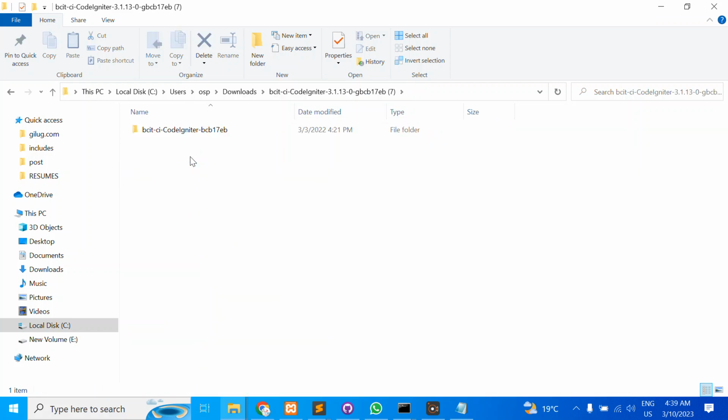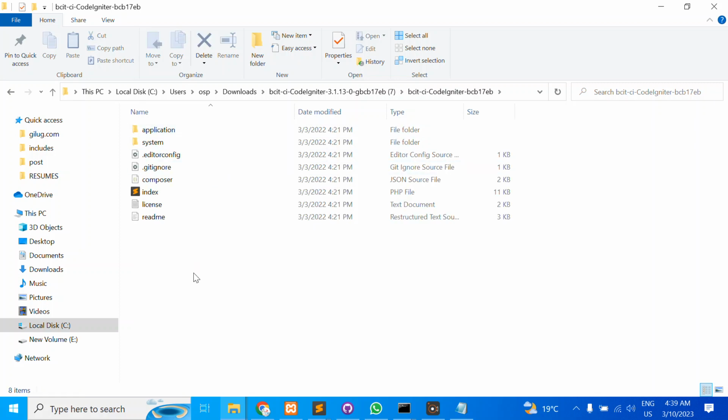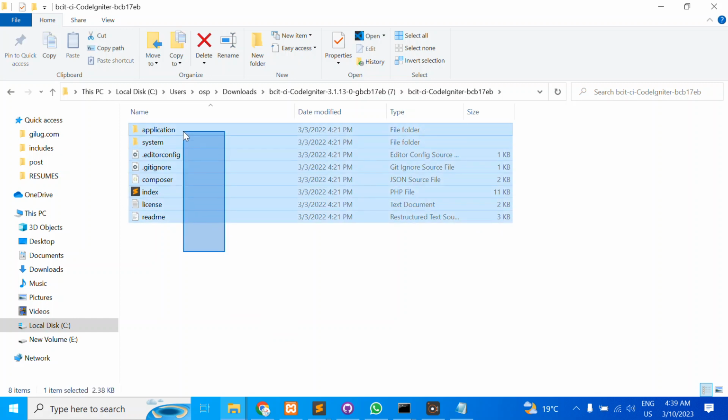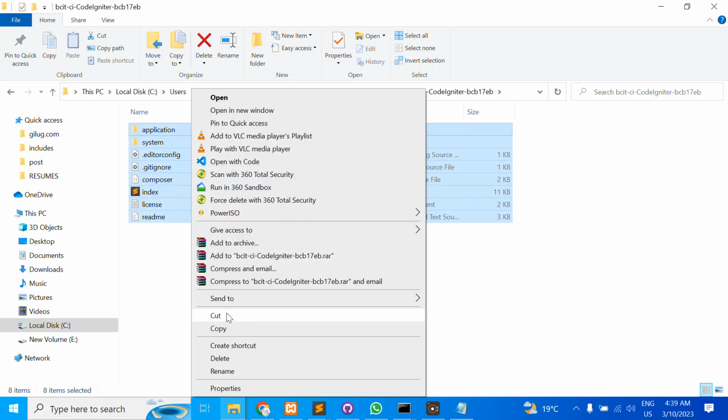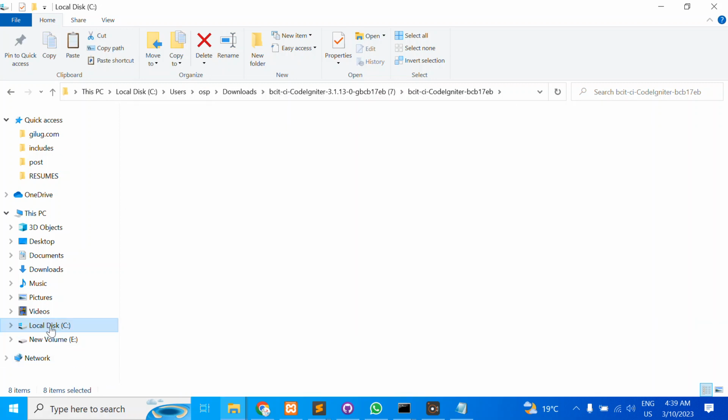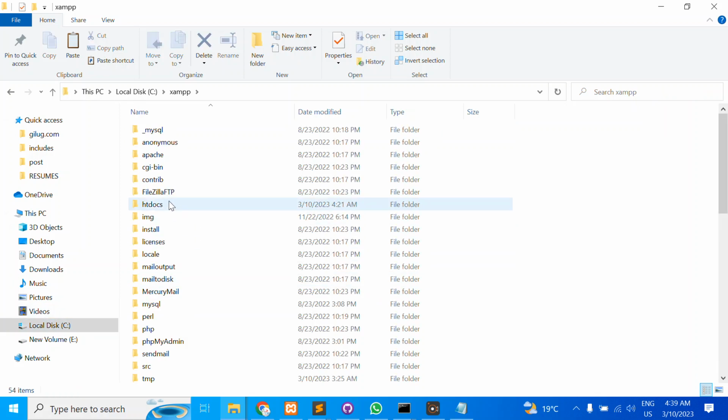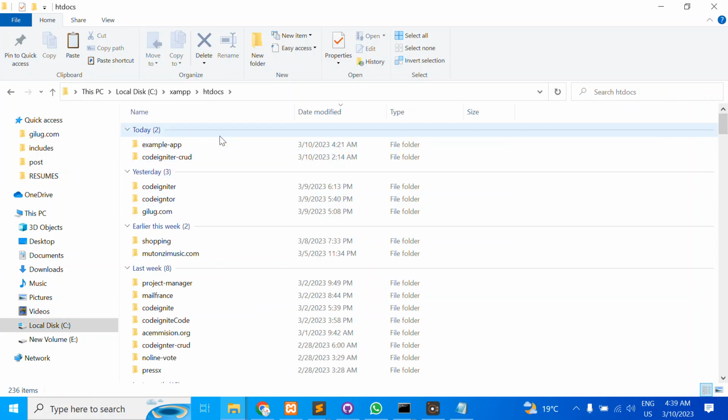So inside here there's a file like this, as you can see. Go down inside until you get to something like this. Just go and copy this very file. Then come here to your C drive, go to XAMPP, go to htdocs, and then create a folder